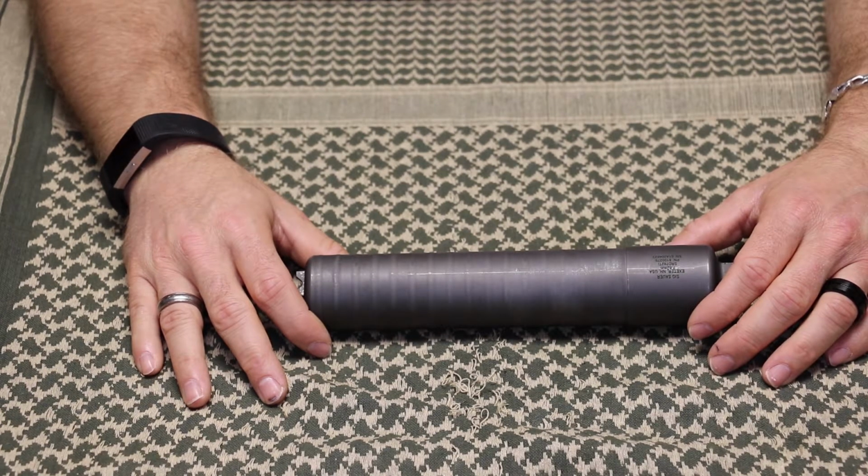Hey everybody, welcome back to the range. Time for another suppressor review today. Sig Sauer has been making suppressors for a few years now. They offer rimfire, pistol, and rifle cans. The